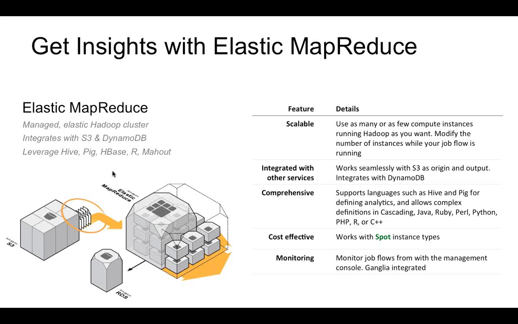So Elastic MapReduce lets you really handily and easily create Hadoop clusters, and then you can point your data in S3. This is the source data. You can parallel stream this data into your Hadoop cluster in Elastic MapReduce and then create job flows. The job flows are the map and reduce algorithms that are analyzing your content, your data.